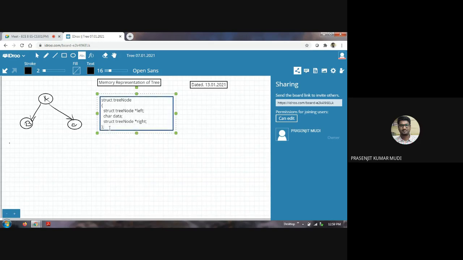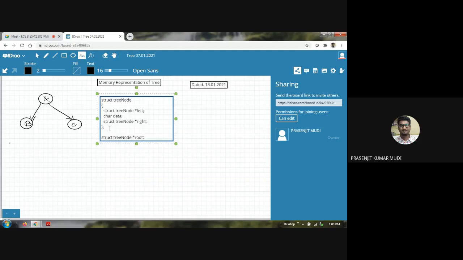Next, we must have a pointer which always points towards the root node throughout the operations on a binary tree. For this purpose, struct tree node star root.